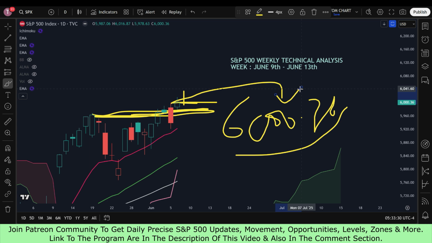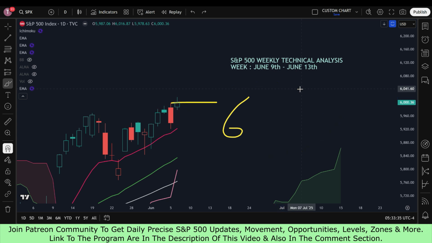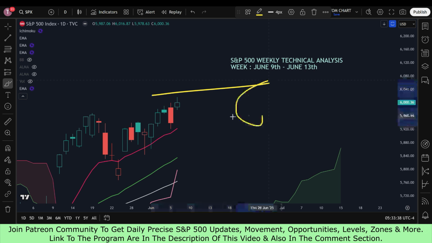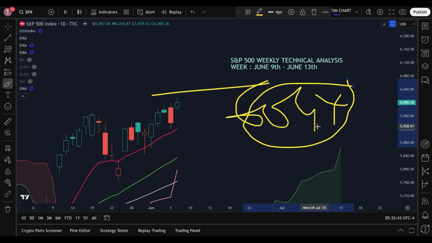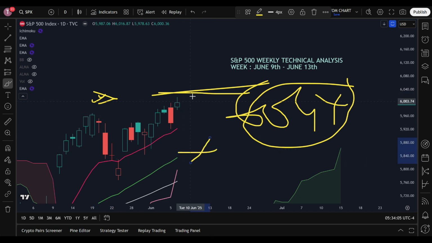Now the most important question: where will it be heading to? At first it will be heading to 604x. This 604x is exactly the same mark from where the S&P 500 has failed earlier, not once but two times. Does that mean that when it hits 604x, it will fail? No, not necessarily, because now there are very heavy bullish sentiments. The weekly chart has also turned absolutely bullish. This means that there may come a breach of 604x.